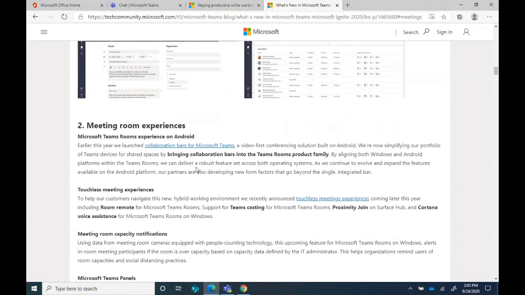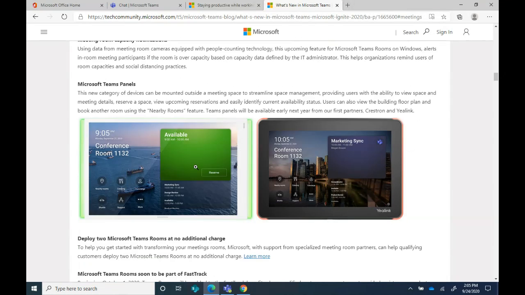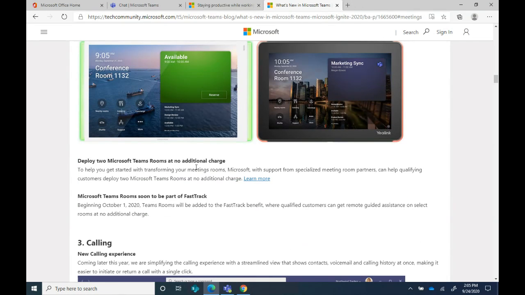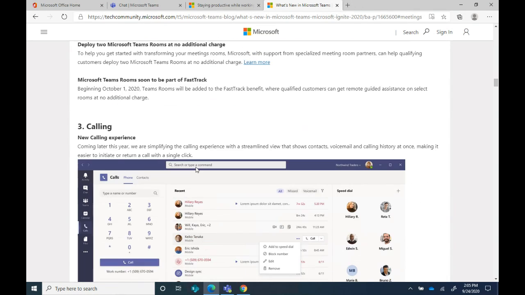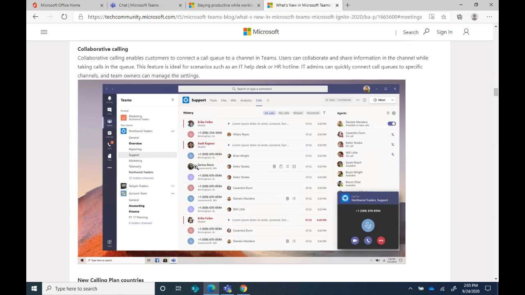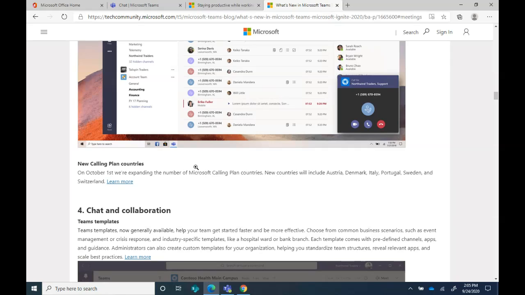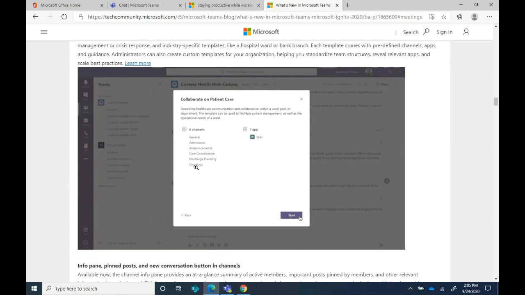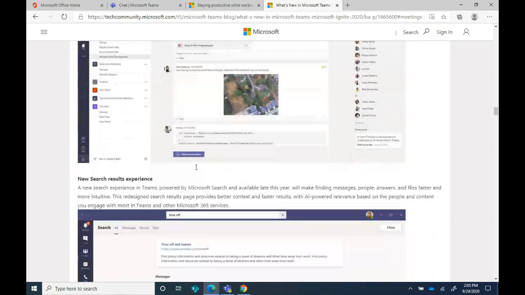And a lot of things are happening. Most people were asking whether it is possible to have a breakout room, right? And yeah, Microsoft is already working on it, and that is the most highly requested feature by everyone, a breakout room, right? And Microsoft is bringing a lot of things here, and I encourage you guys to have a look over